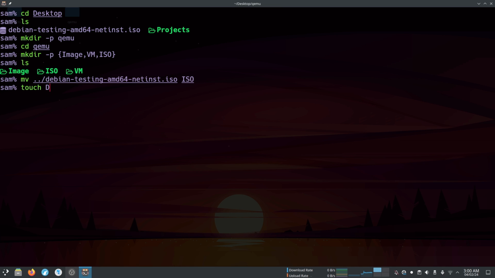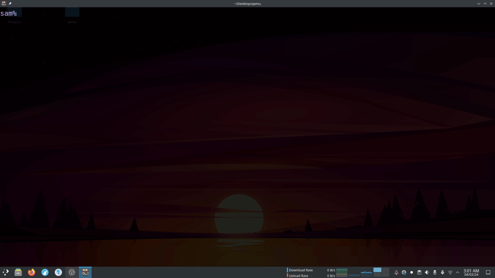Now create a QEMU launch script. I am going to name it debian.sh. Now change its mode to executable. Move the script inside the VM folder. Again, change the directory to image and create a QCOW2 based image file.